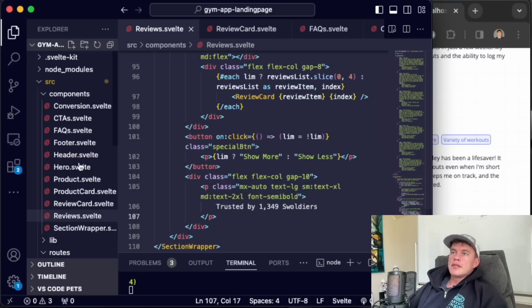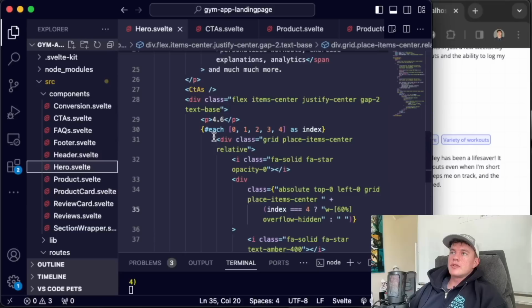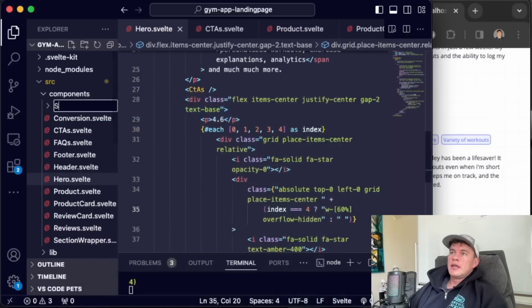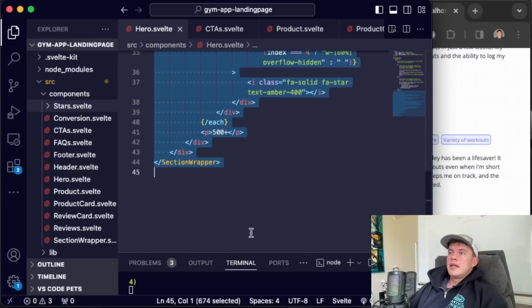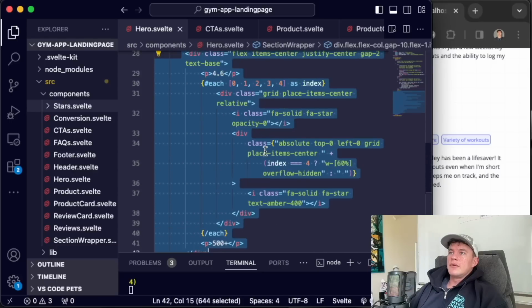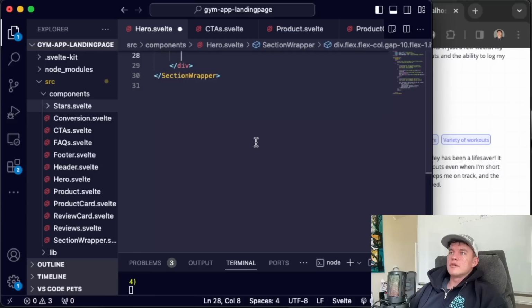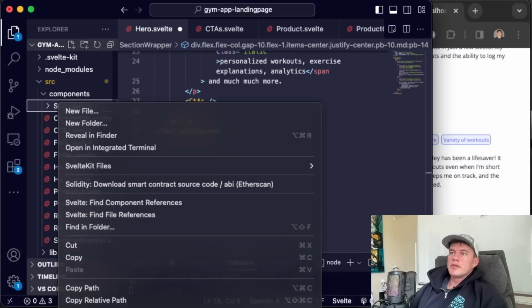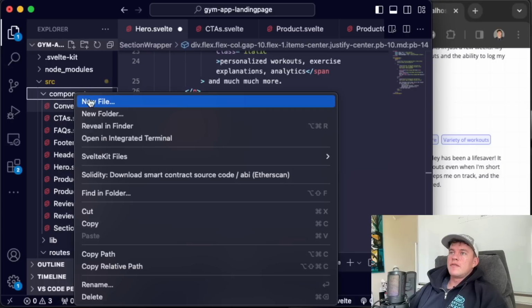And then underneath this, we're going back to the header, and we're just going to copy this. Well, actually, why don't we just create a component for it at this point? Stars.svelte, where stars.svelte is just going to have the review component that has all of the cool stuff. So we can just go ahead and copy that into stars.svelte. That actually shouldn't be a component, so I'm just going to delete that. Sorry, it shouldn't be a folder, it should be a file,